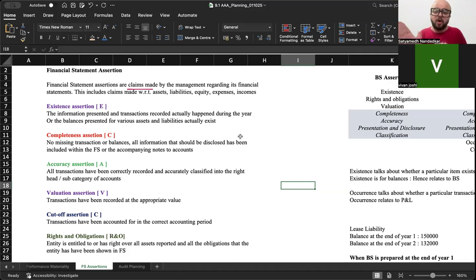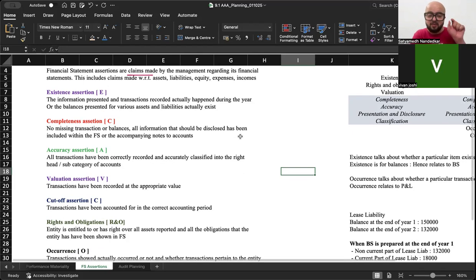ठीक है। देन कंप्लीटनेस असर्शन, देयर आर नो मिसिंग बैलेंसेस और ट्रांजैक्शंस, ऑल इंफॉर्मेशन दैट शुड बी डिस्क्लोज्ड हैज बीन इंक्लूडेड विद इन द फाइनेंशियल स्टेटमेंट्स। ओके, सो कुछ भी छूटा नहीं है, एवरीथिंग हैज बीन इंक्लूडेड, एवरीथिंग इज एक्यूरेट, इट्स करेक्ट, देयर आर नो मिस्टेक्स। देन accuracy, मतलब when I'm saying that something is correct, the value is correct, the classification is correct, the grouping is correct, सब कुछ correct है। Then the valuation assertion ensures that the transactions have been recorded at the appropriate value, which means कि अगर मेरा non current asset has been revalued and instead of 10,000 I am showing it at 12,000, I am showing it at the most appropriate value that is possible।